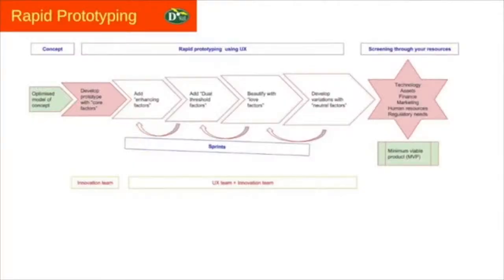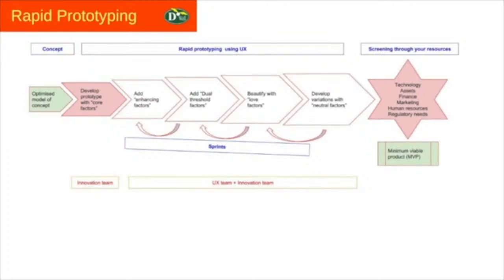Here, the input is the optimized model of concept. The output is the minimum viable product. As I explained earlier, it starts with the core factors. Then the core factors are finalized. Then enhancing factors are added. Then enhancing factors are also finalized according to the user needs. Then dual threshold factors, beautify with love factors. Then develop variations of neutral factors. These are the stages of development, and at each stage we